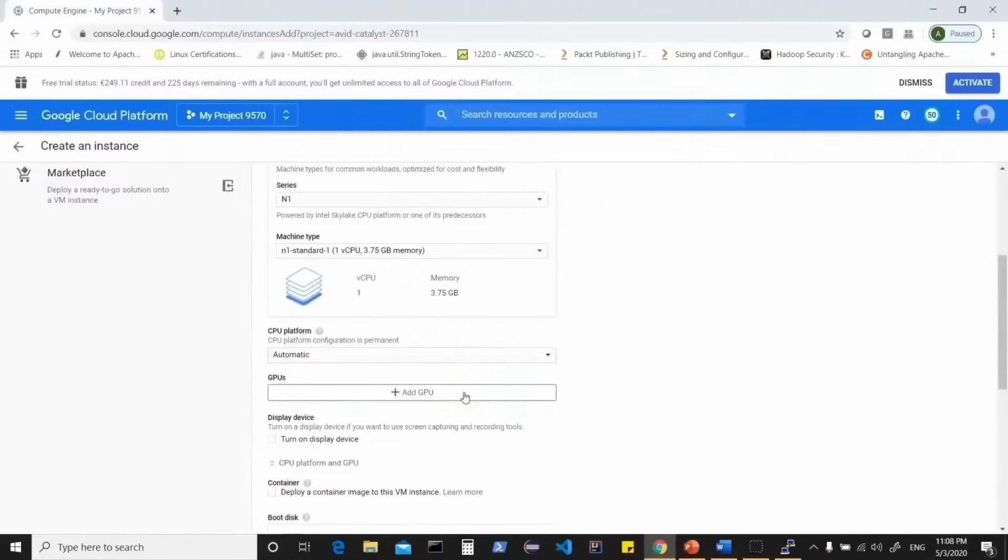So GPUs can be added to accelerate computationally intensive workloads like machine learning, simulation, medical analysis, and virtual workstation applications. So you can add and remove GPUs to a VM when your workload changes, and pay for GPU only while using. So these are some of the features which compute engine offers, and we already know that Google bills